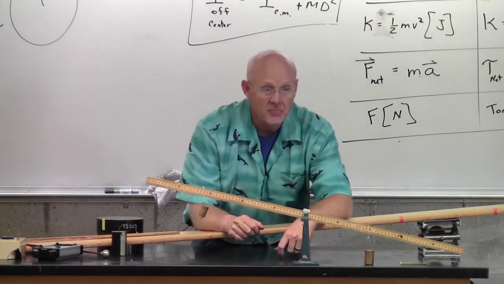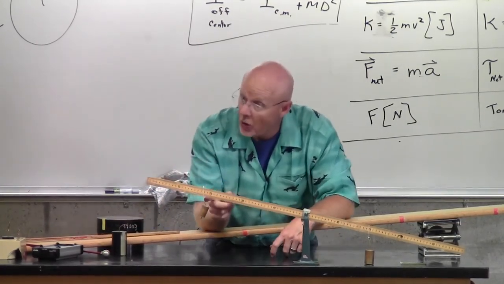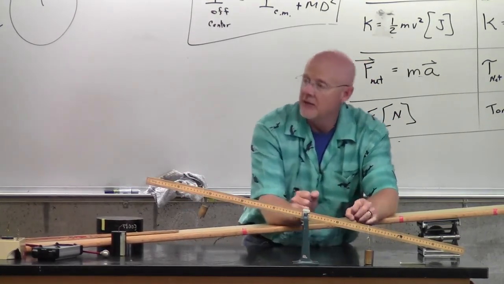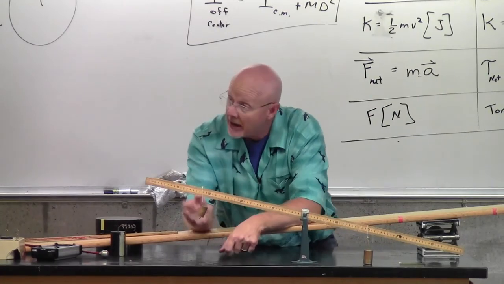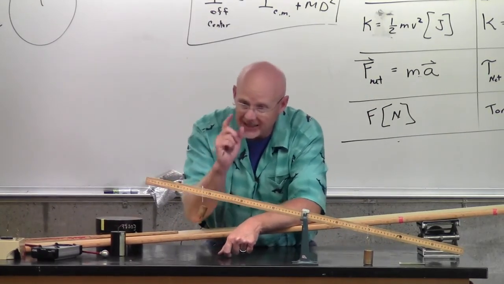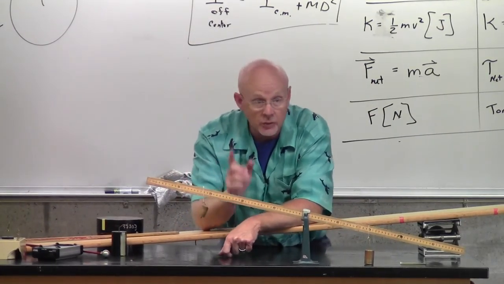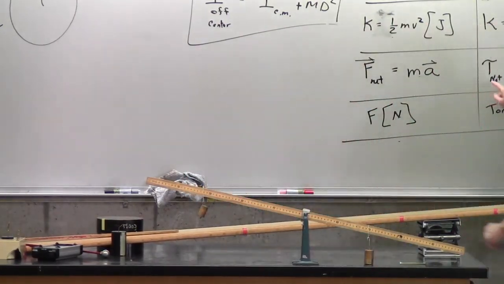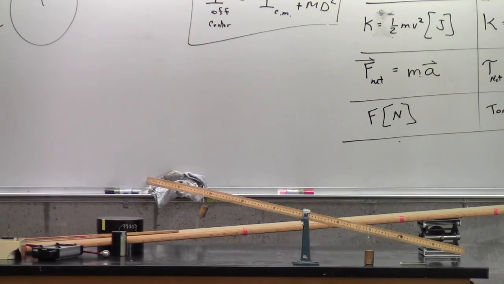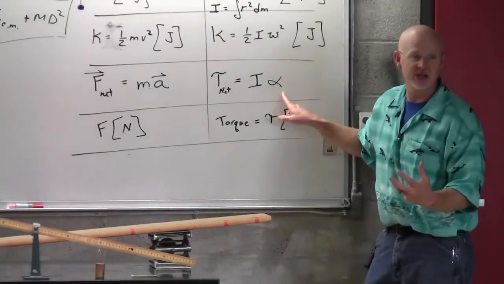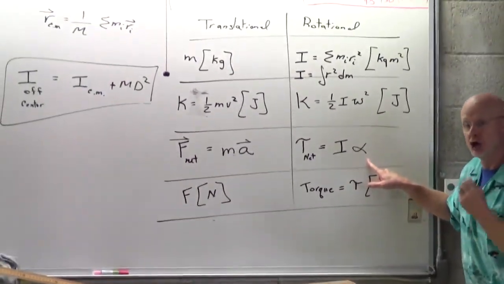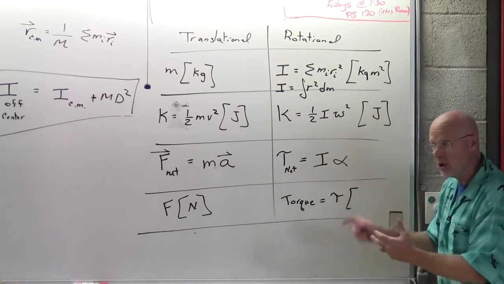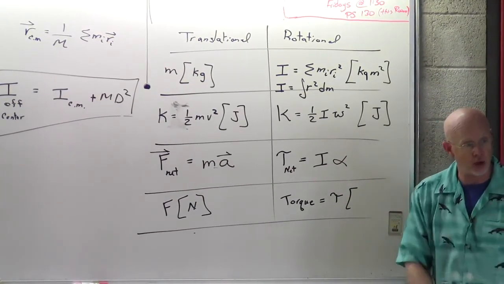Right? Because I moved it in, I changed its torque. This one I didn't change. This one is a negative torque. This one is a positive torque. But I reduced it by changing its R value. And so now I end up with a net negative torque. So which way does it accelerate? In the negative direction. So again, I can apply Newton's second law for rotation just like I would do for